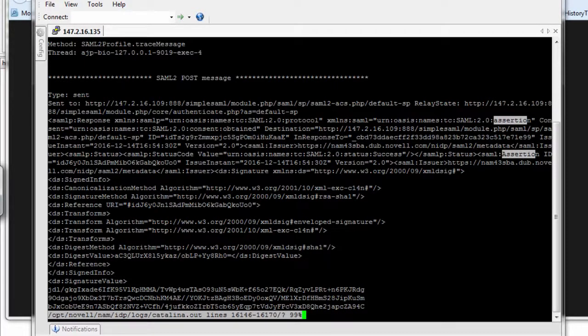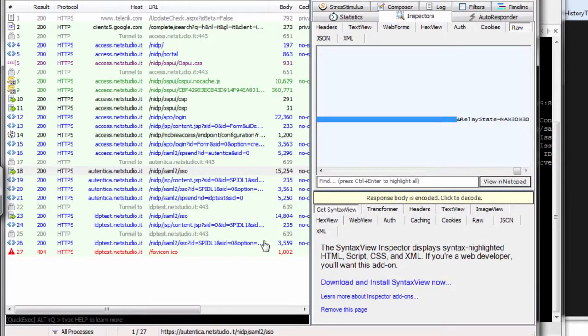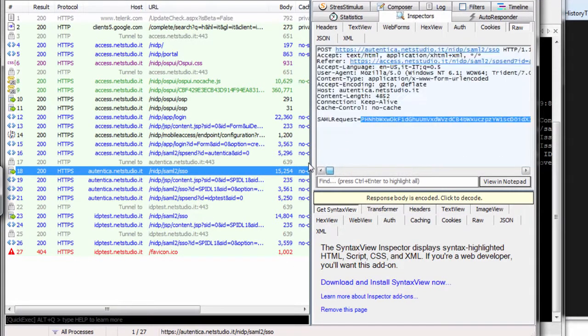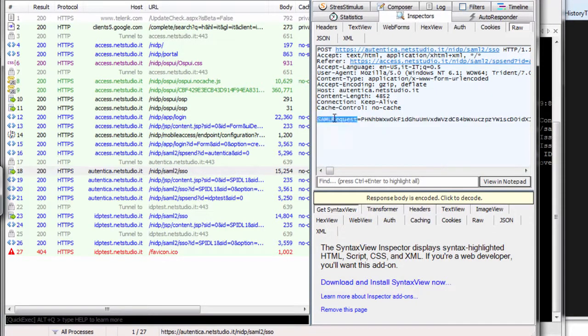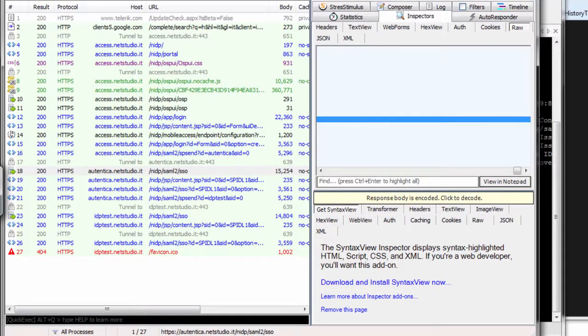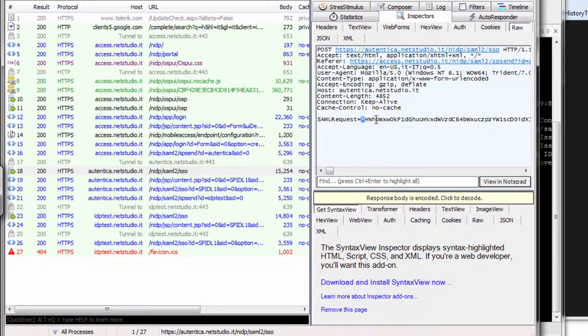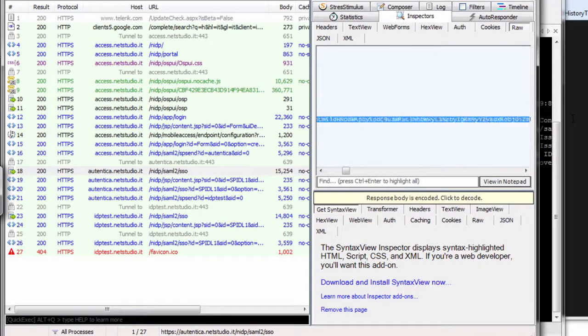One last point is if you have a Fiddler trace, Fiddler has a built-in SAML decoder. So if you go in here, for example, let's go back here. This is a post. And I'm posting a SAML request over to NIDP SAML2 SSO. So that's typically an authentication request going to a single sign-on profile on the IDP server. So if I cut and paste that, let's go back here. If I cut and paste that SAML request to the end,